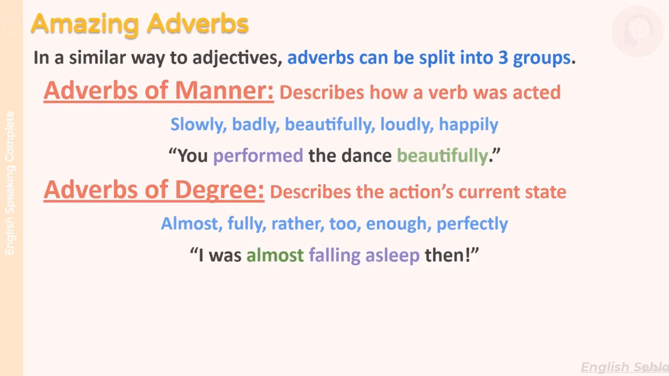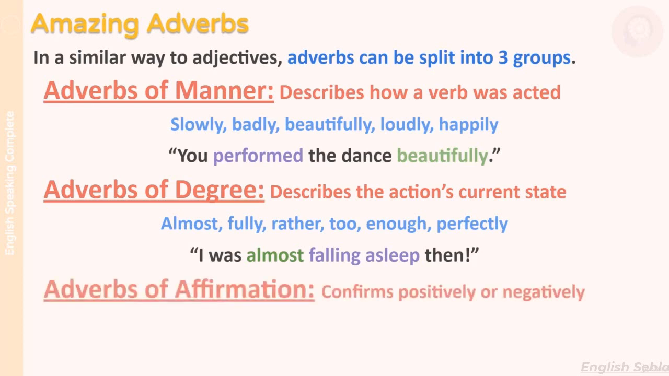And there we have a phrasal verb. 2 words to make a phrase. A phrasal verb. Falling asleep. This can be considered one verb, one phrase. Almost falling asleep. Our last type of adverb is adverbs of affirmation, and this is to confirm, either positively or